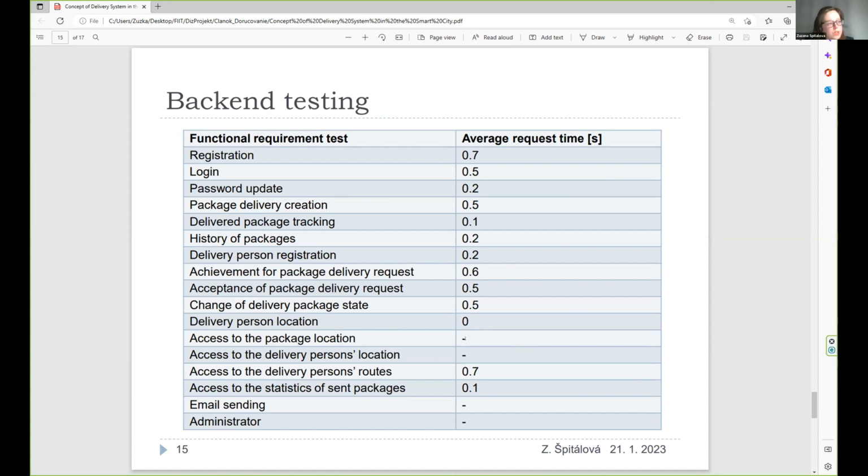These items which don't have any number are the items which didn't require the time, but just some action. For example, this email sending was the email which is sent after registration or after creation of the delivery package. So because of that, there are no numbers here.